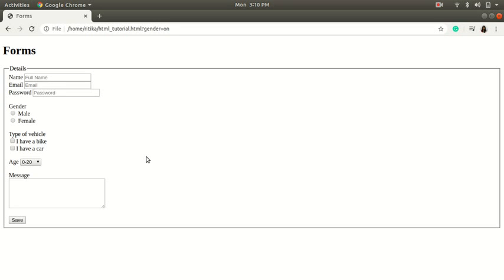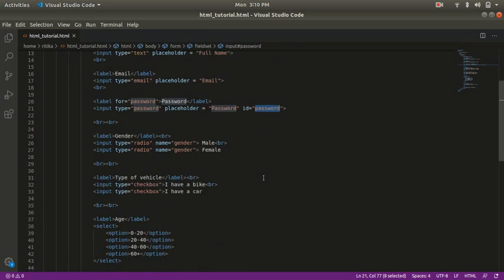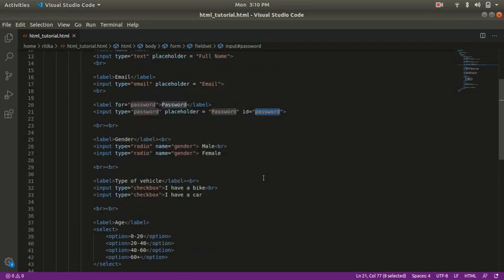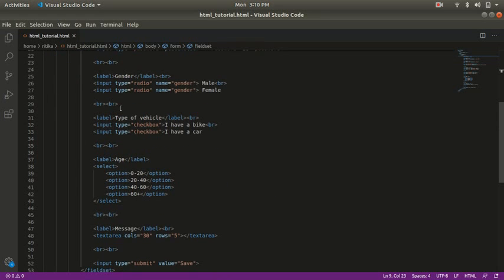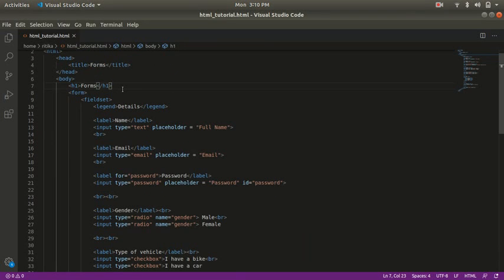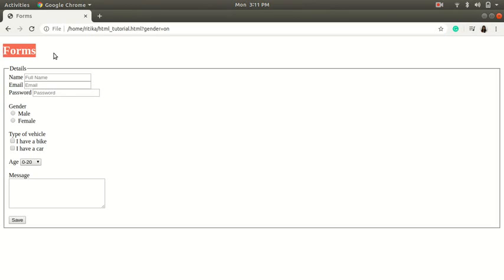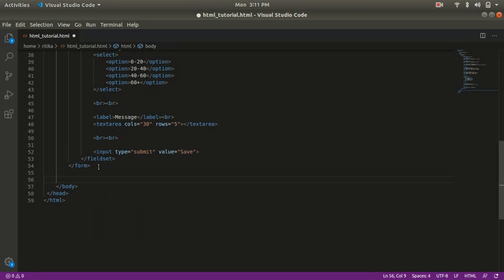Now let's make this exact form. So I am not deleting this entire form here. We will make a replica of it. I have used h1 tag to write the heading as forms. See here. So again I am not mentioning this. We will start from this part. In the beginning we have to mention a form tag.